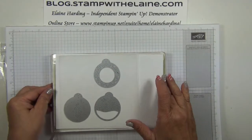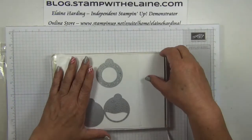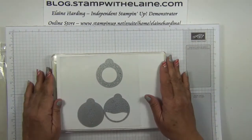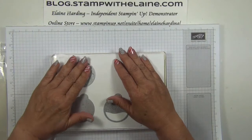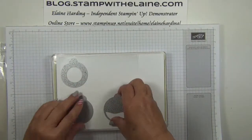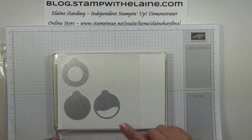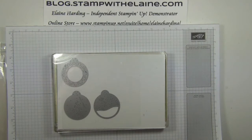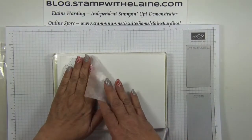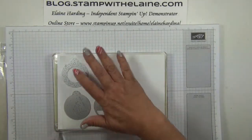What I've done is, on my magnetic platform, my base cutting plate, half an A4 sheet of standard Whisper White cardstock. I've placed my 3 dies here, tags, and you'll see what happens in a minute. So run that through the Big Shot off camera. By the way, I've put a wax sheet in between, so that will just make it easier for me to